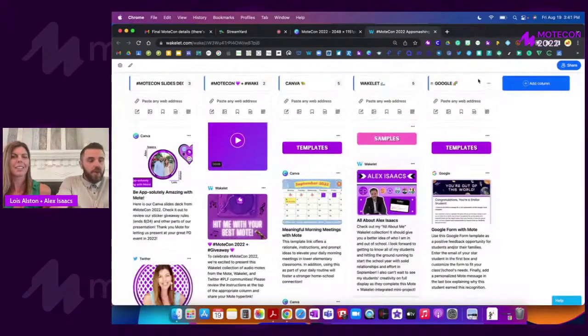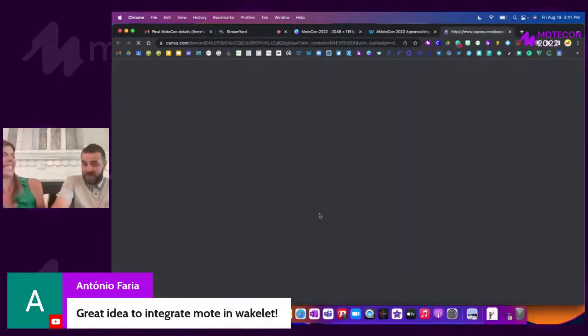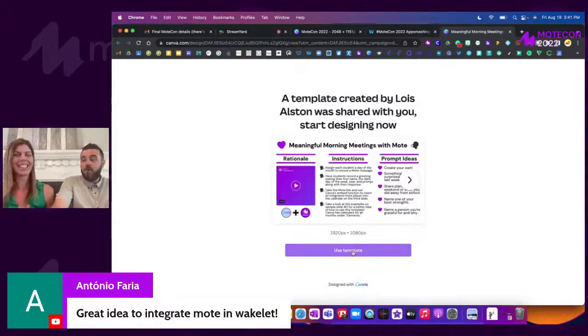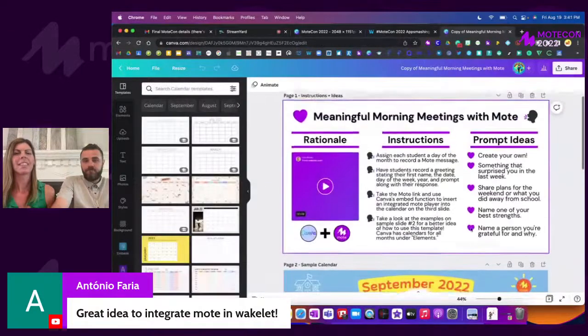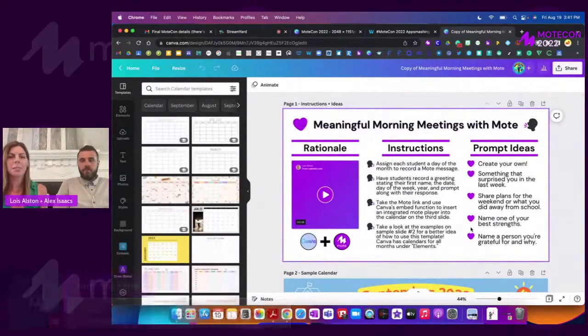So at this point, Lois is going to be talking to you about a Canva template that we made for morning meetings, or morning motes, possibly. Yes, we'll see. When you click on the link, you're going to be brought right in and be able to use the template. So we came up with this idea thinking about, well, in elementary school especially, they have